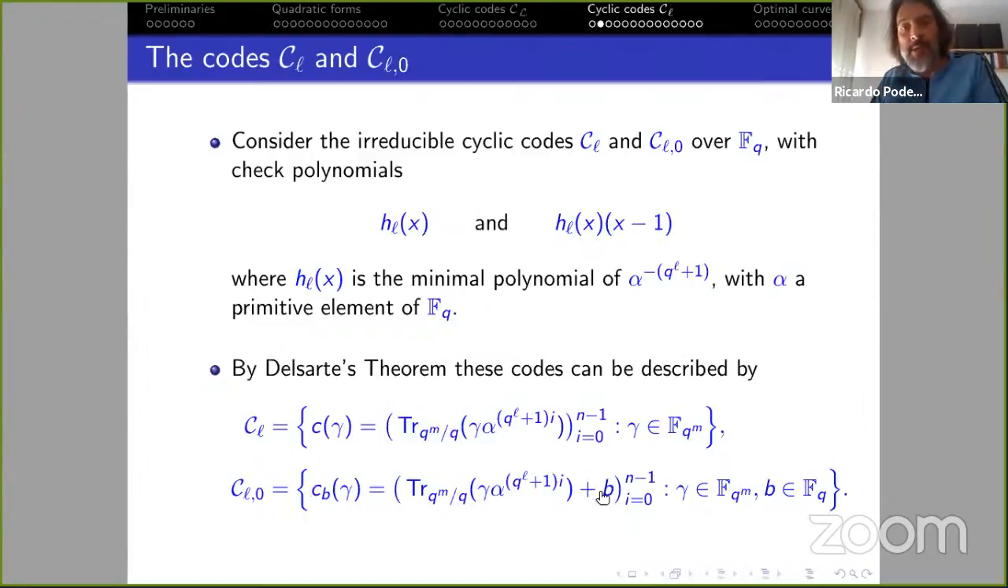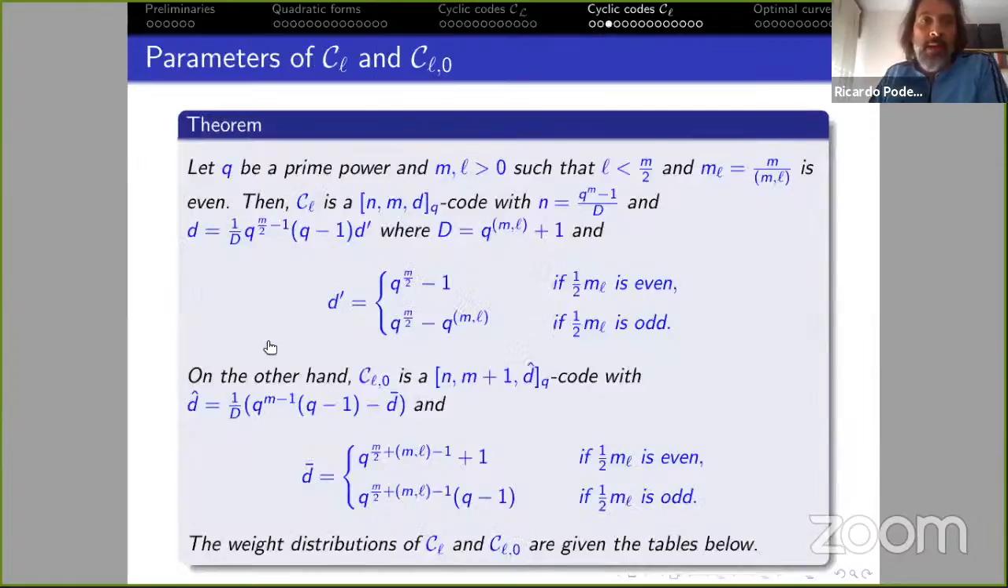We just add B here to the words of CL. And so in this case, we can give explicitly the parameters. Let Q be a prime power and M, L two positive integers such that L is less than M over 2, and suppose this number is even. Okay, so the code CL is an [N, K, d] code